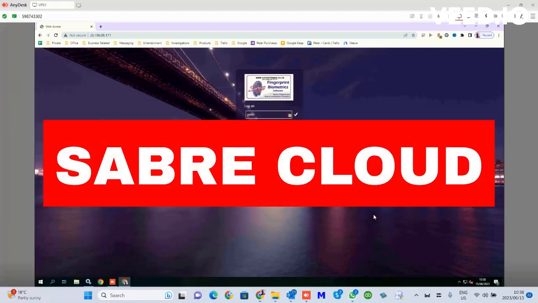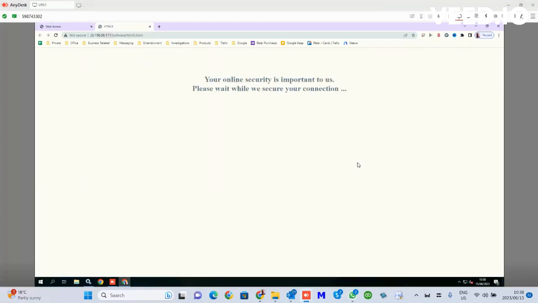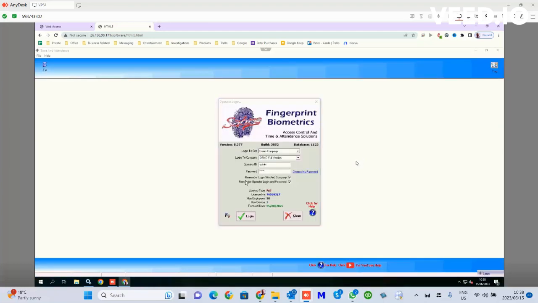Yes, I'm giving you a demonstration on the Sabre Cloud solution. This is how the login looks, and when you connect, this is a computer, a server of ours sitting in America, which is connecting back to our office here in Pinetown. So if I log on here, on the login screen,